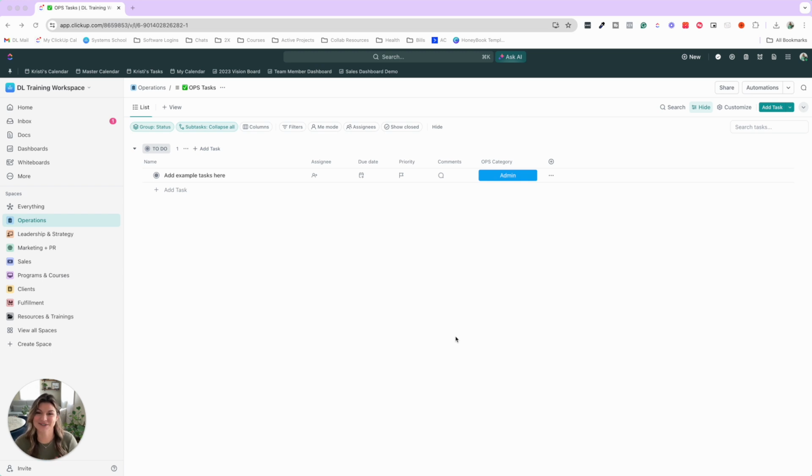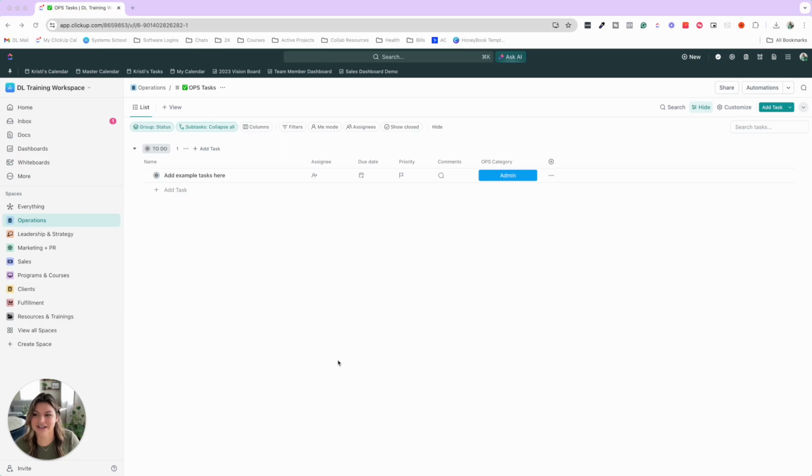So first, let's go ahead and dive into the ClickUp hierarchy, and I want to go through some tips and tricks on how to set up your ClickUp hierarchy for your company effectively. Okay, so here you can see we are in our mock template space, and your ClickUp may not look exactly the same, but these are the general buckets that we do see when we work with all different types of